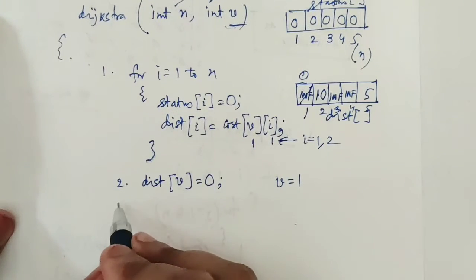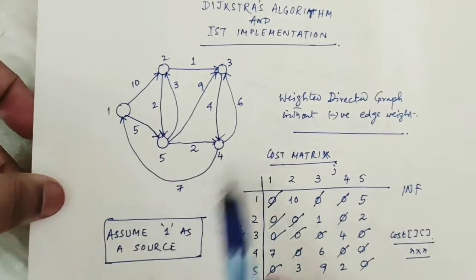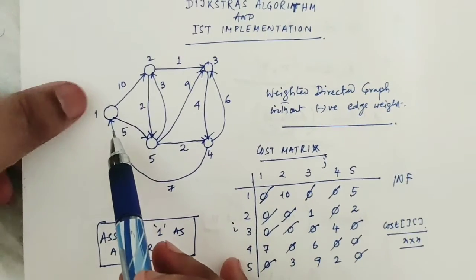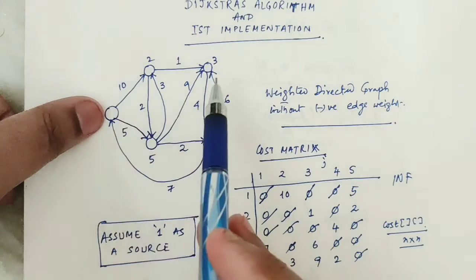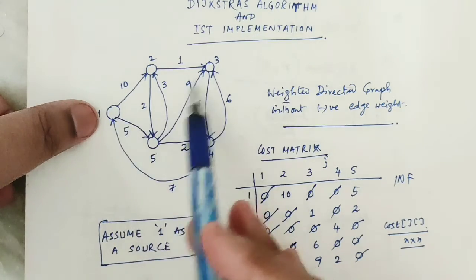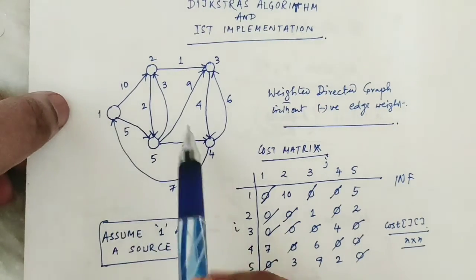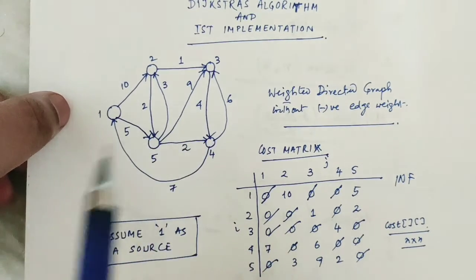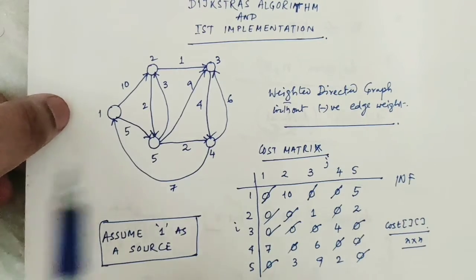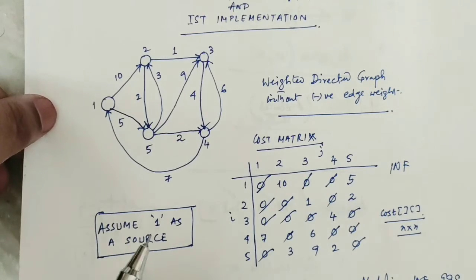Now point 3, that is under Dijkstra. For a graph with a total of 5 vertices, each vertex may cover at most 4 edges. Here vertex 1 may cover only one edge, or 2 edges. There could be an edge from 1 to 3, and another edge from 1 to 4. So for each vertex, out of a total of 5 vertices, one vertex can cover a maximum of 4 edges. So in terms of n vertices present in the graph, each vertex can cover at most n minus 1 edges. Okay, so that concept is applied here,